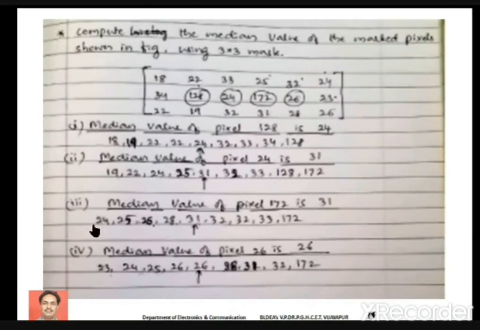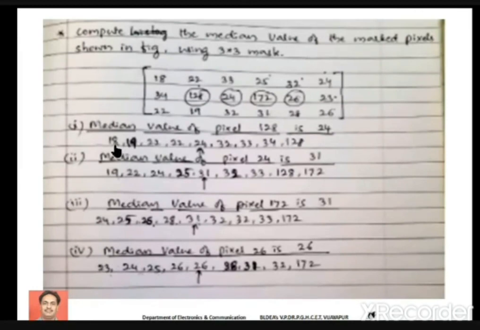Okay, now if the same problem, whatever problem we have discussed, is asked like this: compute the response of the max filter for the marked set of pixels. Can you think how it can be computed? Now assume that 128 is the marked value. If you want to calculate the response of the max filter, you have to consider these 9 values. You have to replace this pixel with the maximum value of these 9. Okay, what will be the maximum value?